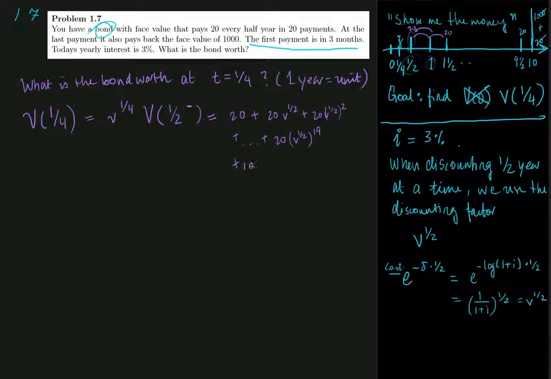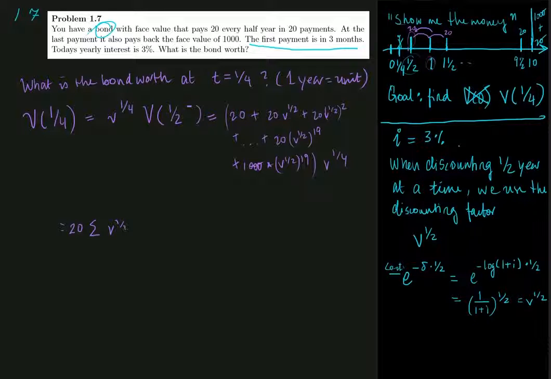So it is 1,000 multiplied by v to the 1/2 to the 19. And we take all of this at this time point and then discount it another quarter year using v to the 1/4. So let us just write this sum up a bit nicer. We can take the 20 out of a lot of these terms, and then what we have is v to the k